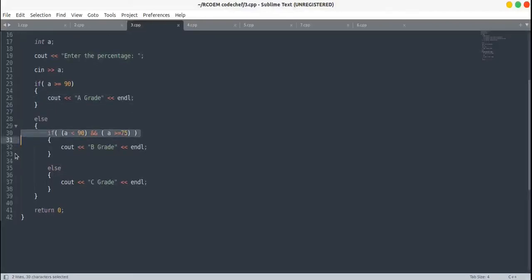If a is less than 90 and at the same time a is greater than or equal to 75, then we will print grade B. If a cannot satisfy any condition listed above, then we can say that a is less than 75, so print grade C. Let's run this code.